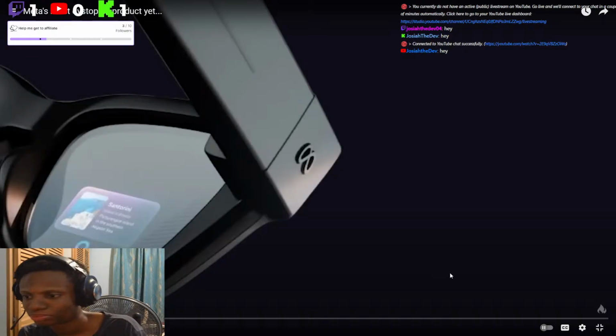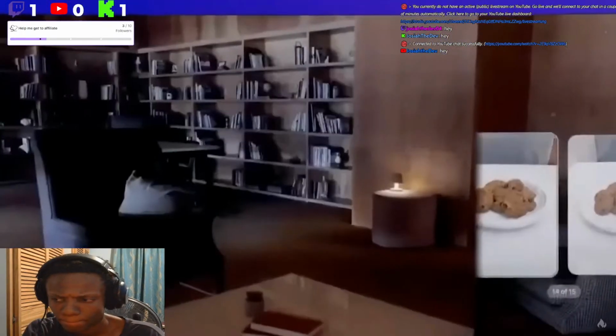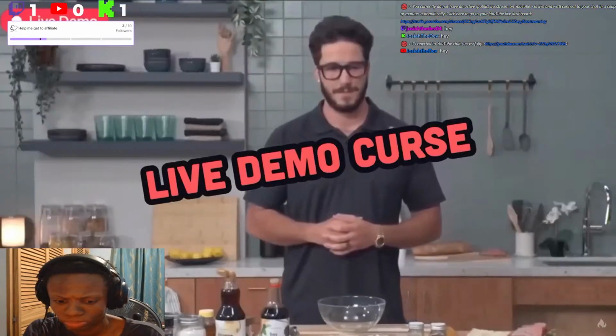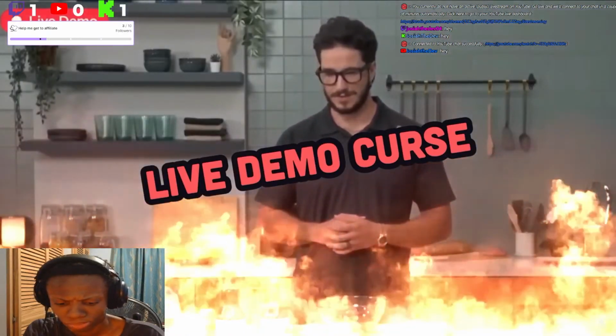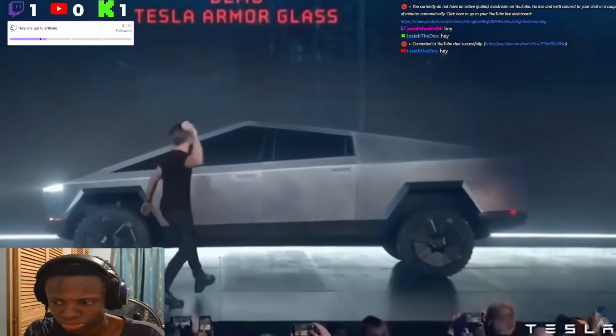could only be conceived by one man, Mark Zuckerberg, who demoed them at MetaConnect 2025. The presentation was truly impressive at times, but not everything went according to plan. Actually, that's an understatement. This could go down in history as one of the biggest live demo fails since Elon tried to demo the bulletproof glass of the Cybertruck.